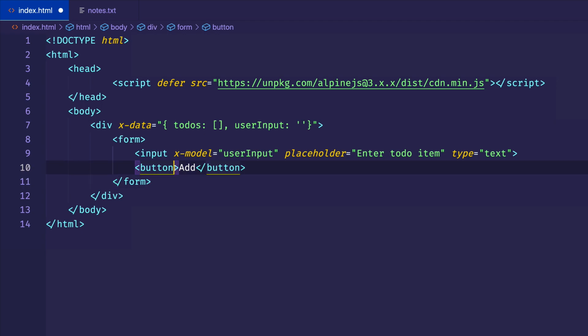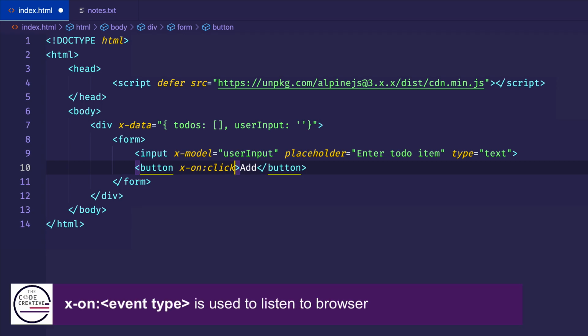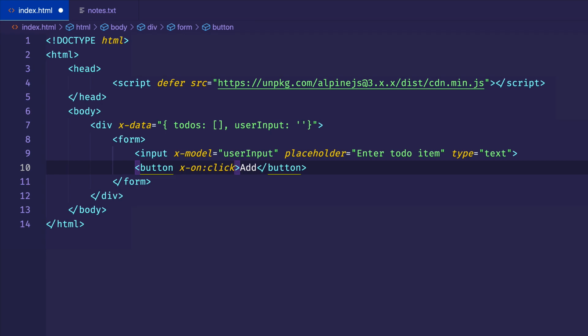So now let's introduce another directive, and this one is going to be used for events. In this case, we want to listen for a click event, and this is how we do it with AlpineJS. We do x-on followed by a colon, and then we put the name of the event that we want to listen for, in this case, the click event. And of course, there are many events that we can listen for, like a mouseover, a mouseleave, a keyup, and so on and so forth. So you would put the name of whichever event you want to listen for after the colon. But we're listening for a click, so let's go ahead and set this equal to